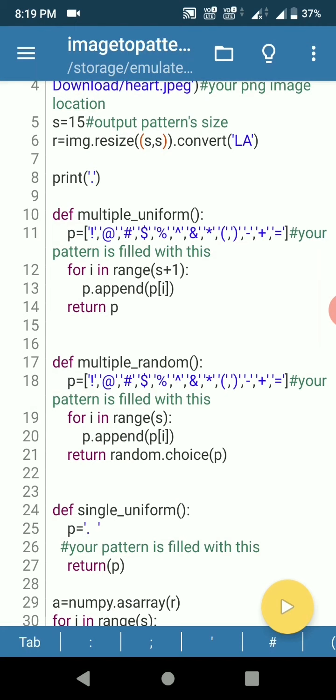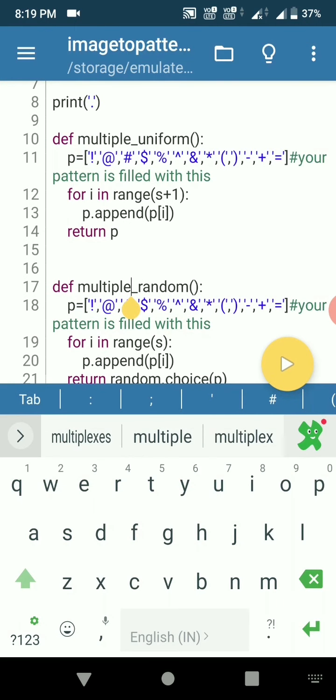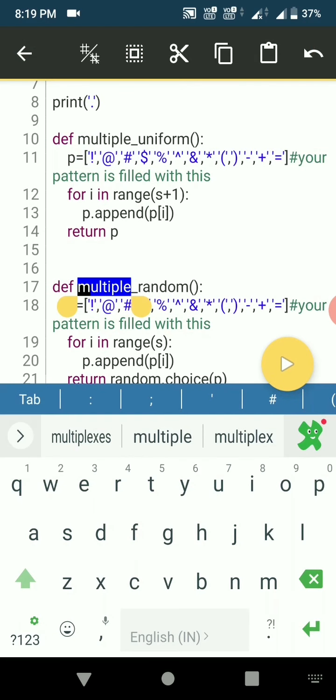Let me demonstrate with the multiple random.